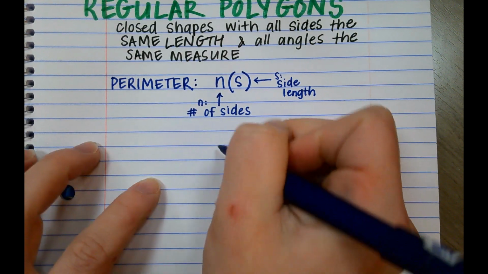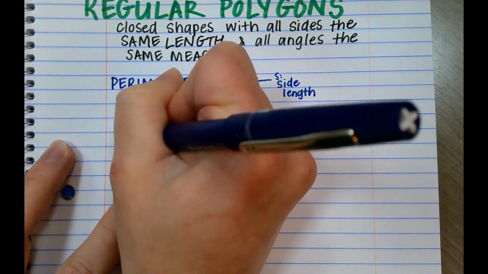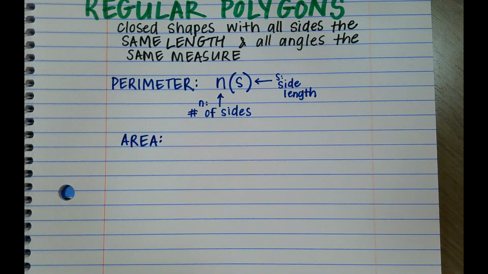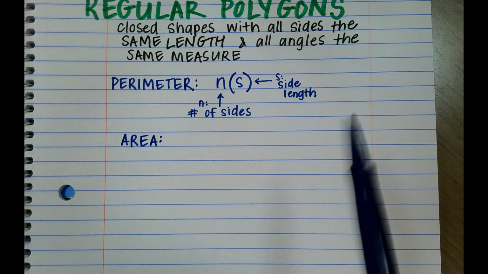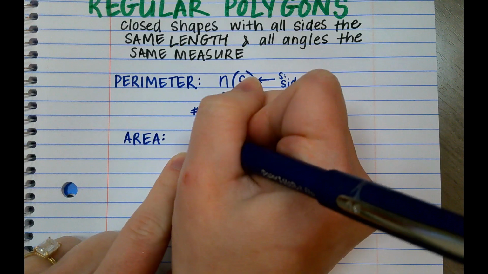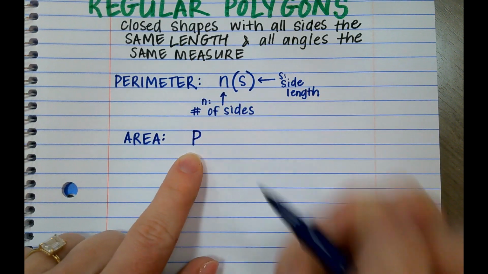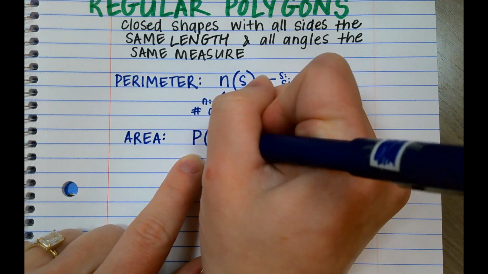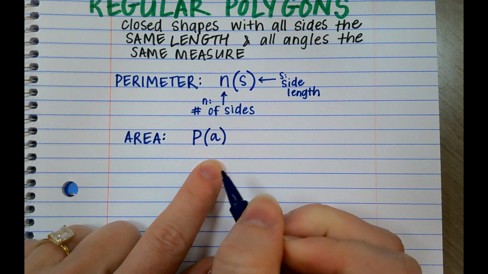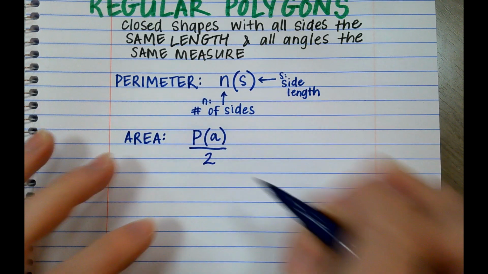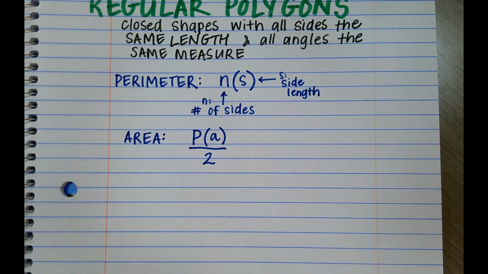Area, we are going to use a different formula. Capital P times lowercase a divided by 2. Now, what that means,